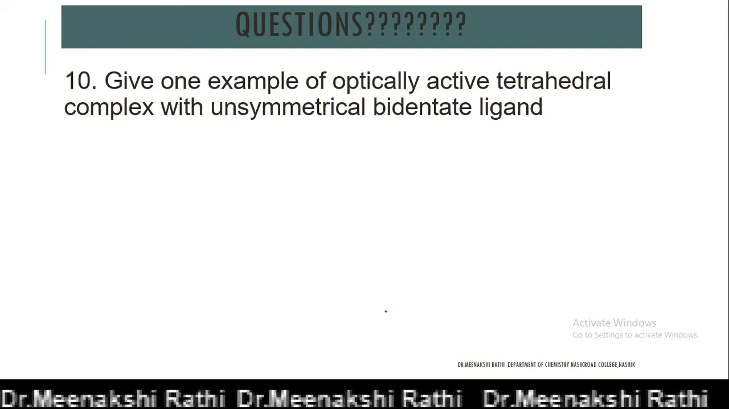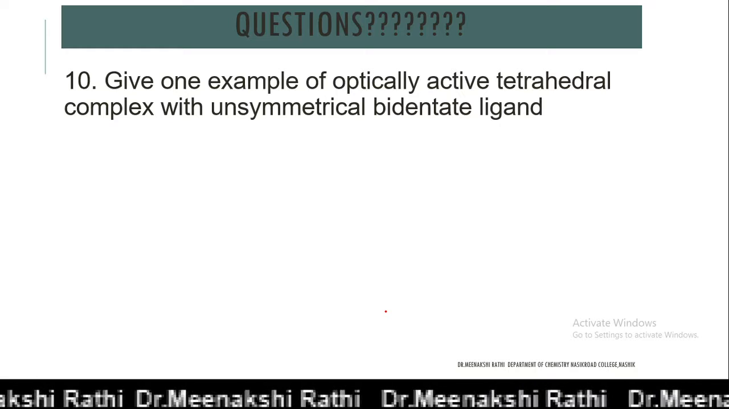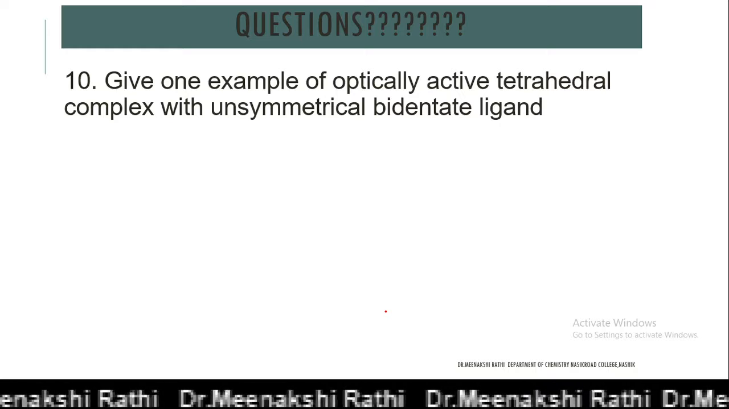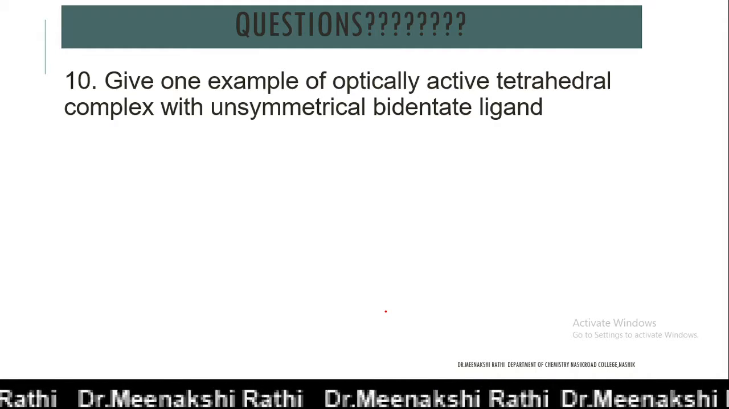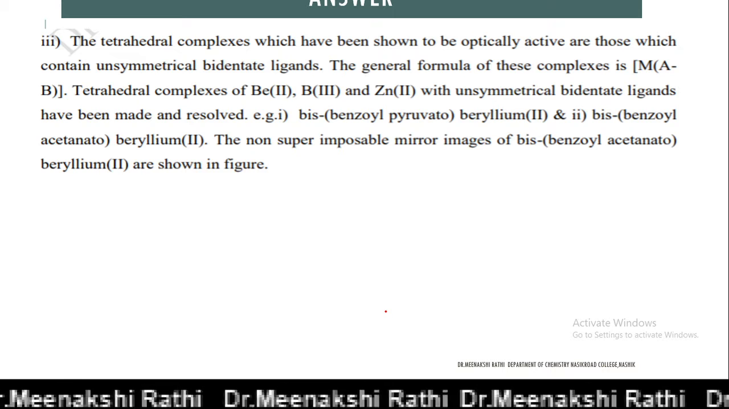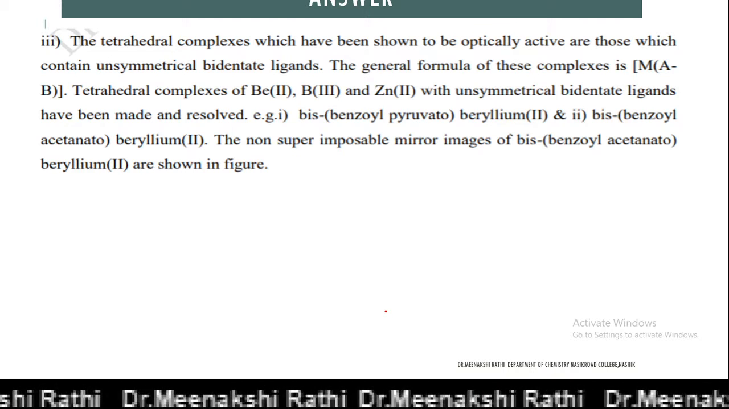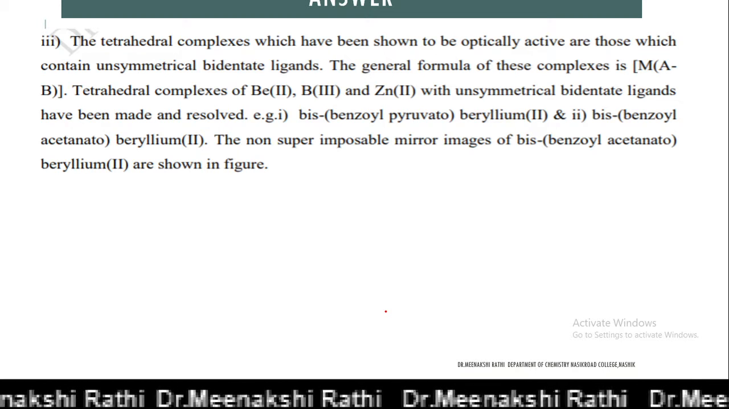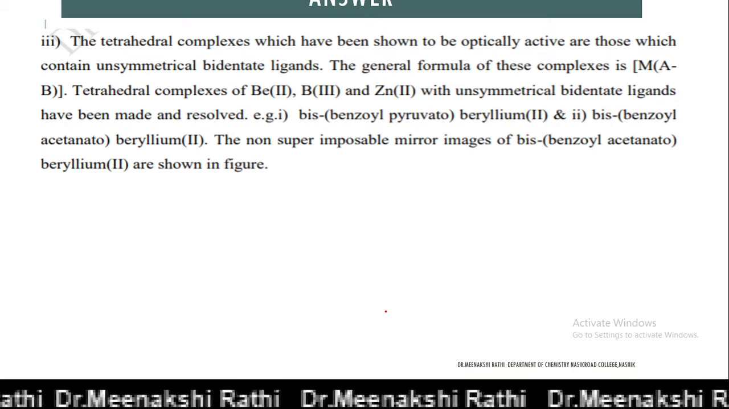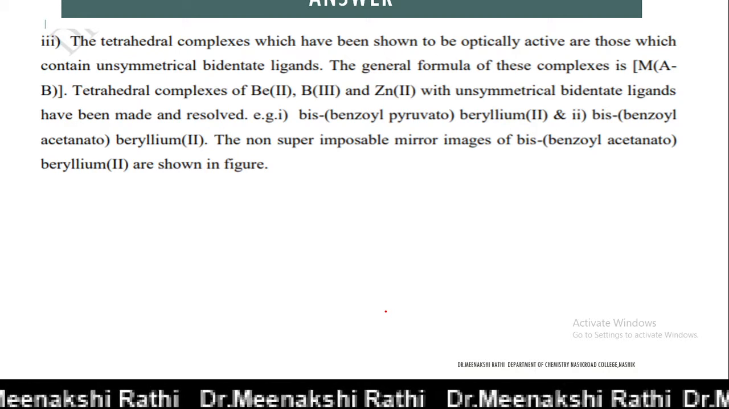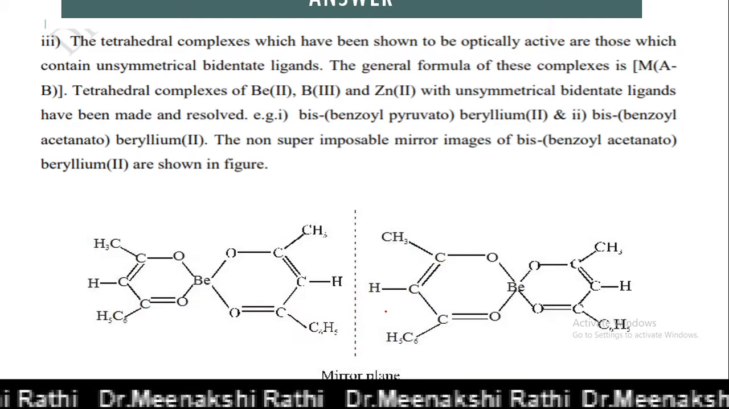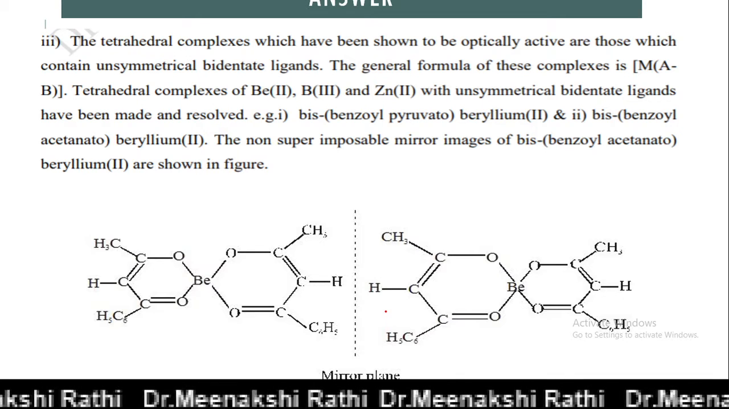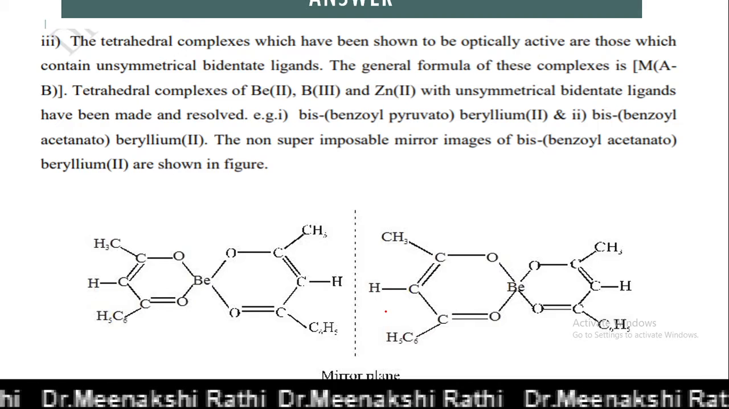Give one example of an optically active tetrahedral complex with an unsymmetrical bidentate ligand. Actually, tetrahedral complexes which have been shown to be optically active are those which contain an unsymmetrical bidentate ligand. The general formula of this complex is M(AB)2 and its structure is like this. This is the optically active